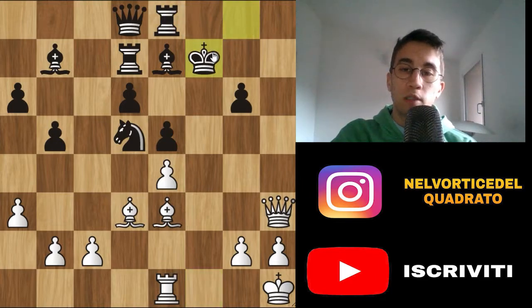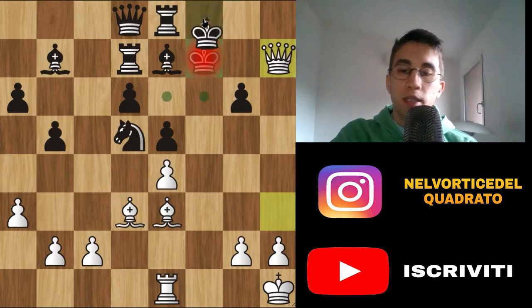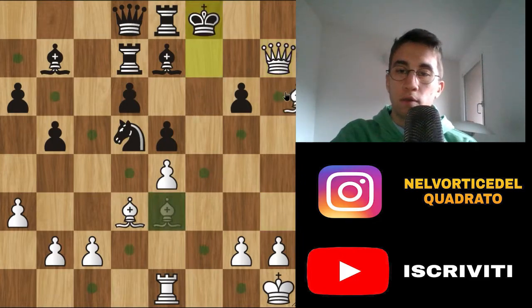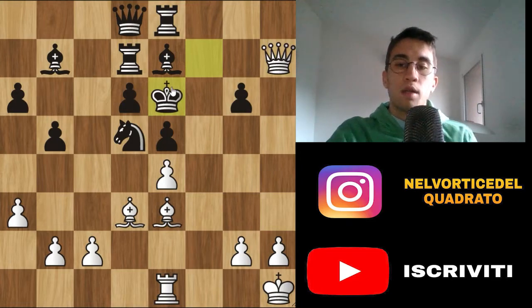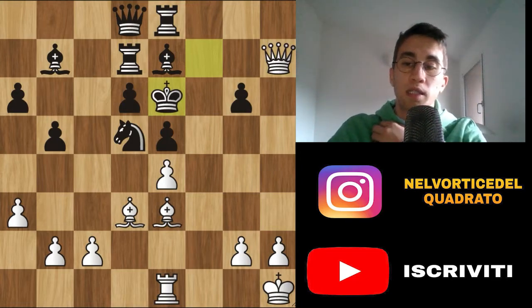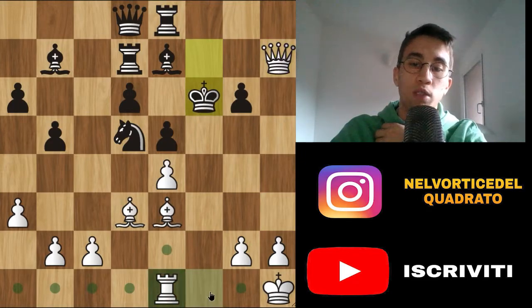King captures f7. And now we have the infiltration of the queen. Queen h7 check. You're down material, so you have to be incredibly precise. Here you can't go to f8 because it follows bishop h6 checkmate. So you have to go away, and here Lazaro Bruzon plays king e6. You can't play this move. If you play this move, the rook activates with check, so